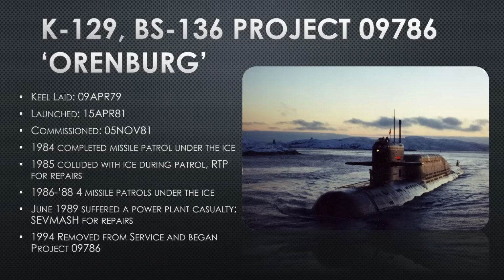All right, so let's talk about K129. K129 is a very special submarine. It began its life as a Delta III, but it did not finish its life as a Delta III. So here at the end of the sub brief, we're gonna bring it up. This could almost be its own lecture, but I wanted to keep it with the Delta III lecture because in